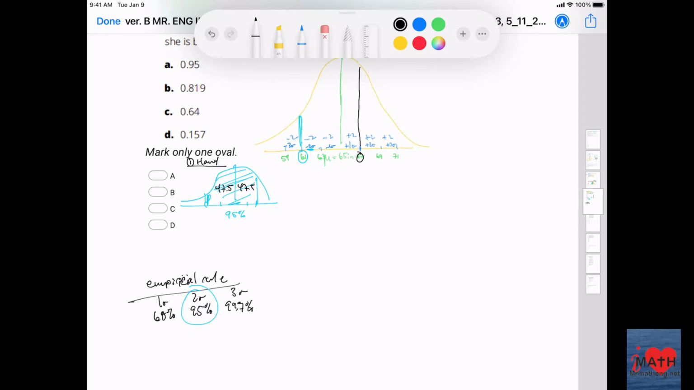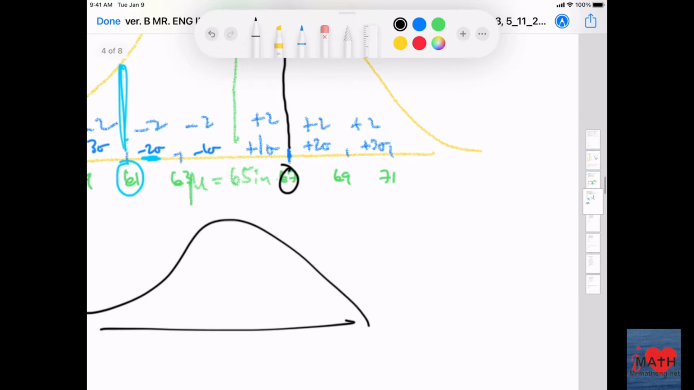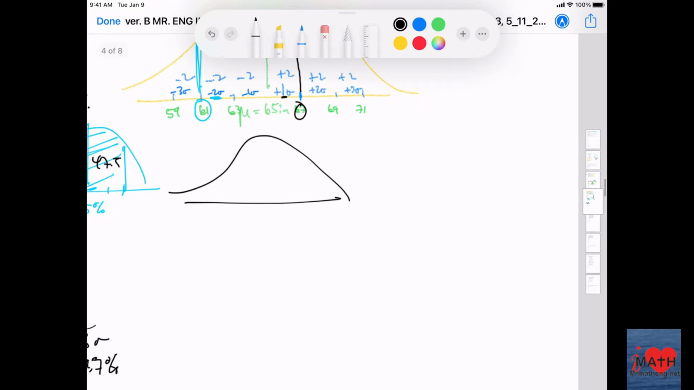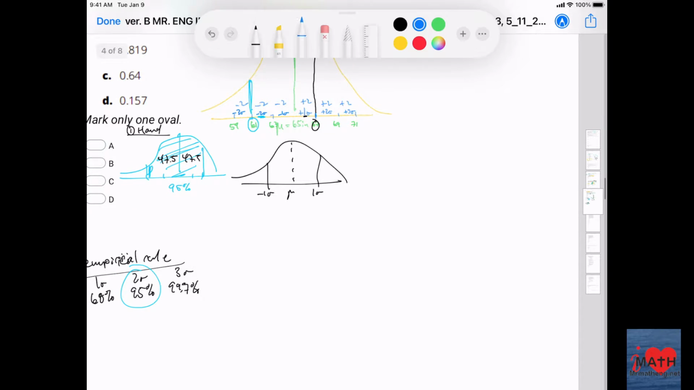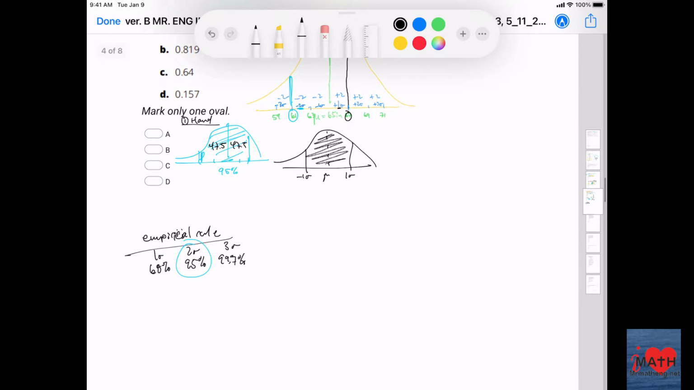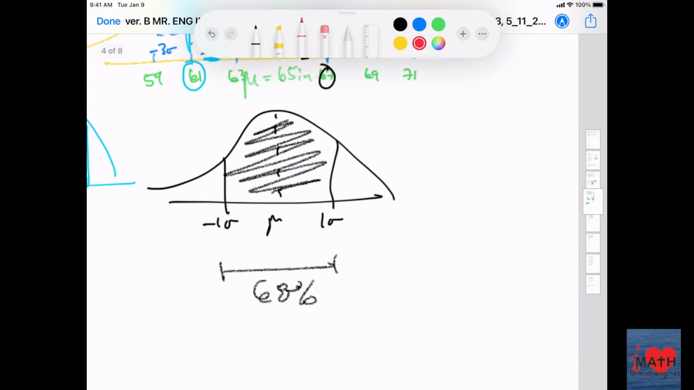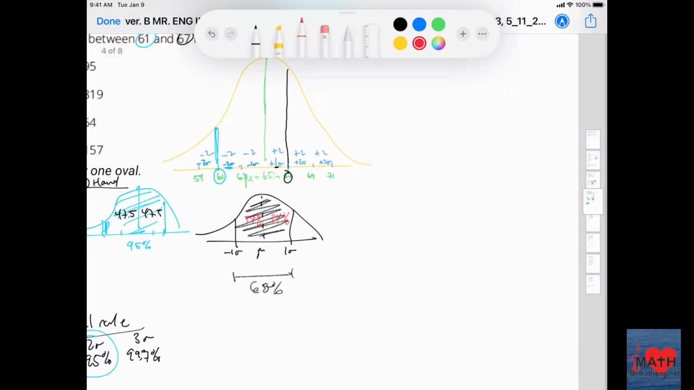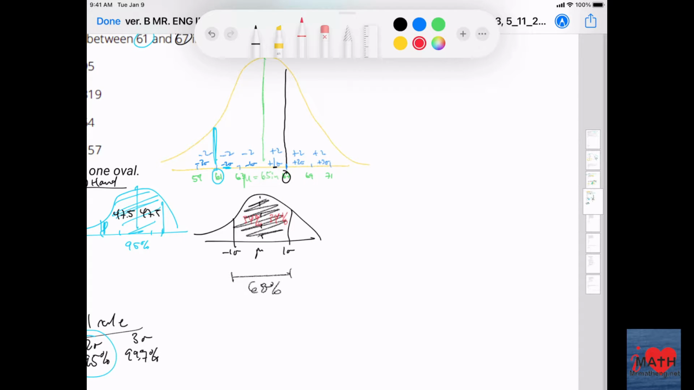All right, if we do the black, this one is only 1 standard deviation away. So there's the mean. And this region here in black represents 68%. So that means half of that is going to be 34%. 34%. Okay. So let's divide this up. This represents 34. But this light blue region